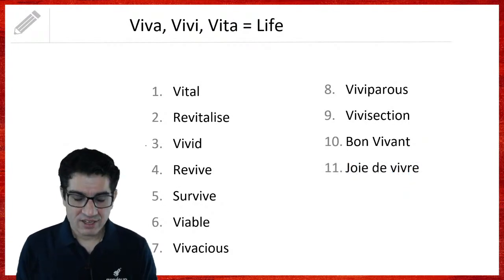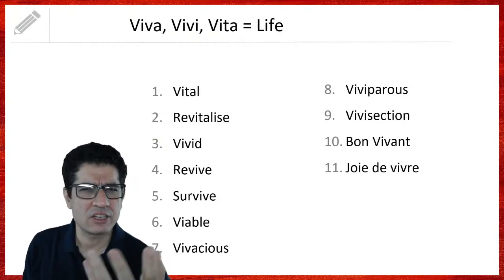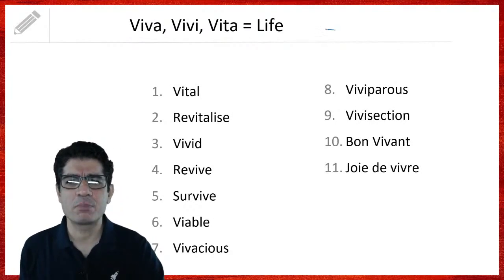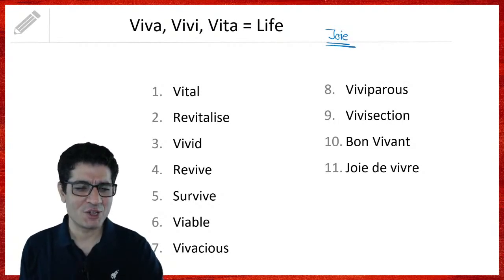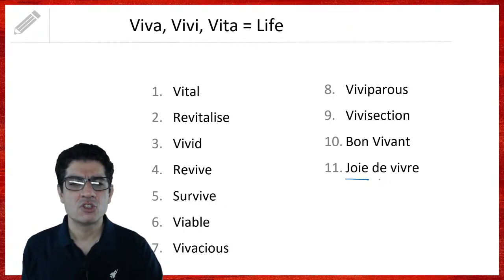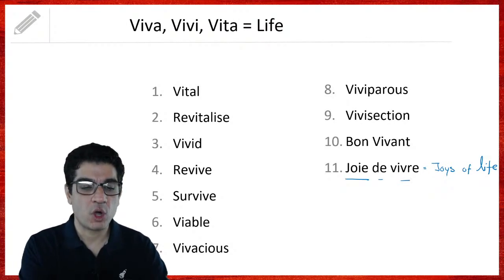Next, first up, the pronunciation of this word. I am talking about this because I've seen a lot of people in my hometown getting this wrong. We have a brand of incense sticks. एक brand है अगरबत्ती का, और मेरे शहर में सब लोग उसको बोलते हैं जोई. किसी को वो अगरबत्ती चाहिए होती है तो बोलते हैं यार जोई अगरबत्ती दे दो, जोई. That's not the correct pronunciation. The pronunciation is joie. Joie de vivre. So joie de vivre basically means joys of life. जिंदगी के मजे, जिंदगी का आनंद, जिंदगी का सुख. That is joie de vivre.